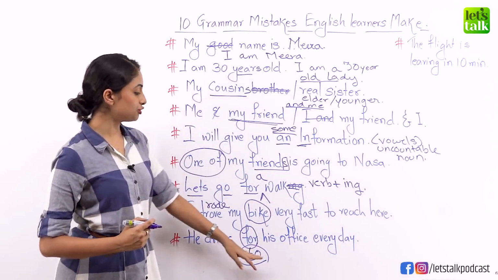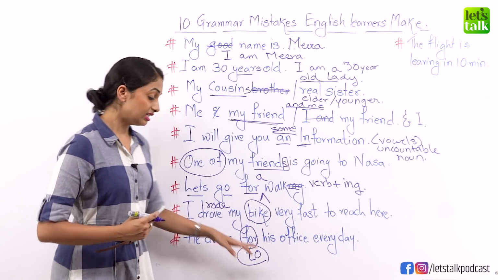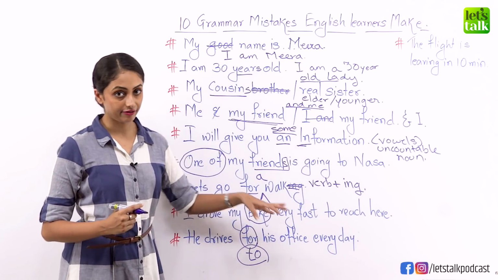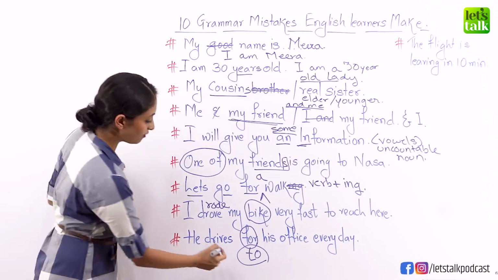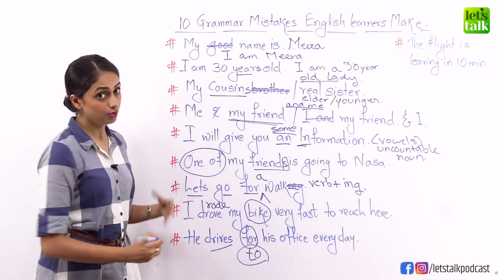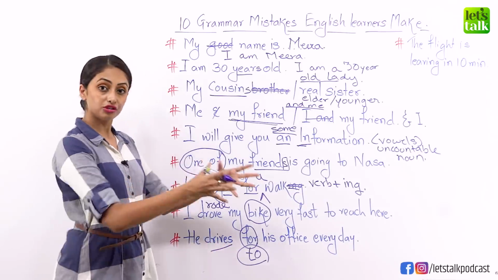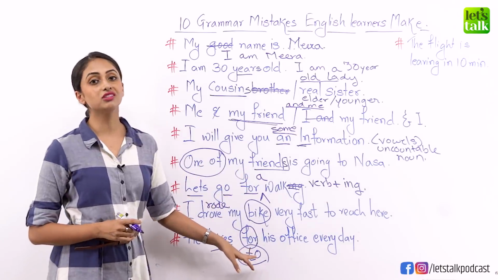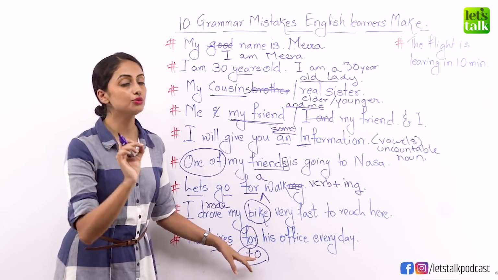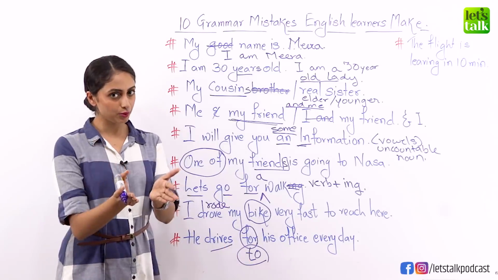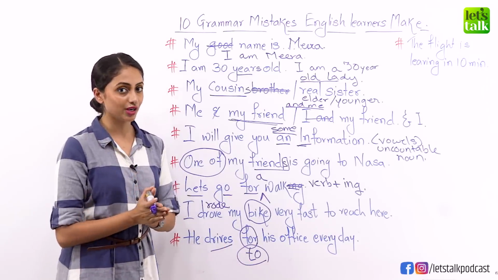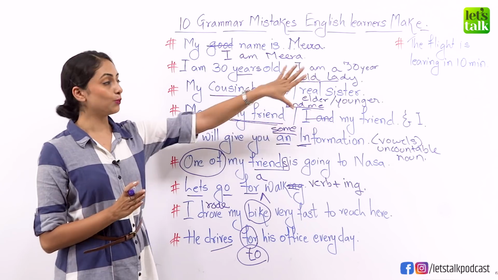He drives to his office every day. He drives to work every day. Here, whenever you talk about another movement or a motion, that is where you use the preposition to and not for. I hope you would remember this because we are moving to the last mistake which I have for you